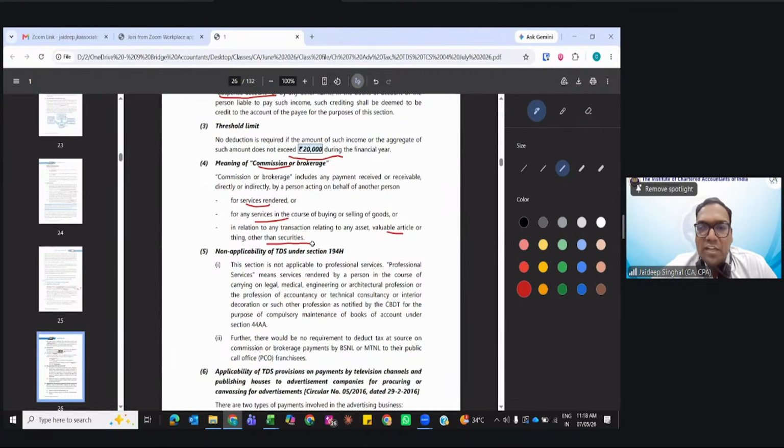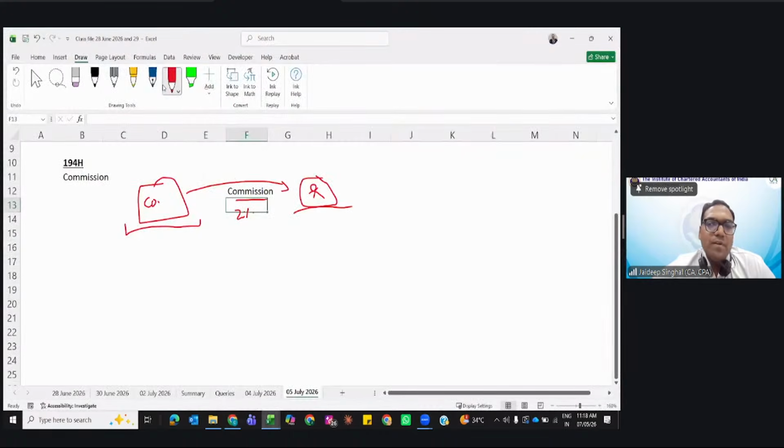Let's suppose property dealers. Do you understand the concept of property dealers? What they do is charge commission of 1% from the buyer and 1% from the seller on the value of property. That will be the property dealer. So this same scenario applies when a person is paying to the property dealer, even a business. If any individual is paying commission to the property dealer, will TDS apply? If an individual is paying for personal residential property, will TDS apply?